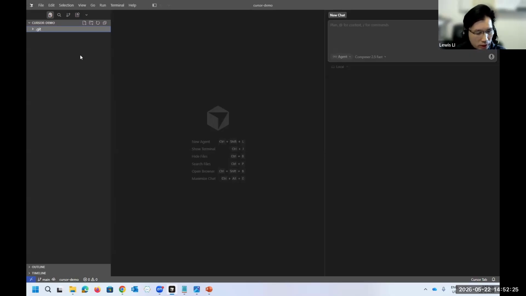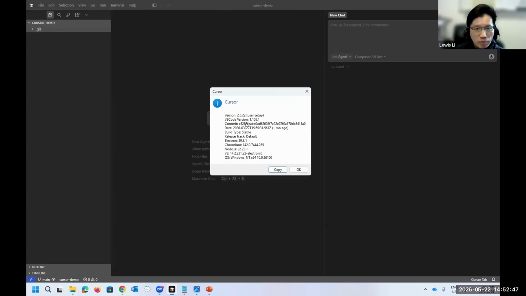The second thing I would like to show you, after you create this Git folder, is that you have to make sure of the version of Cursor you use. For example, my version is 2.6. As I mentioned before, I don't want the latest version for today's demo.